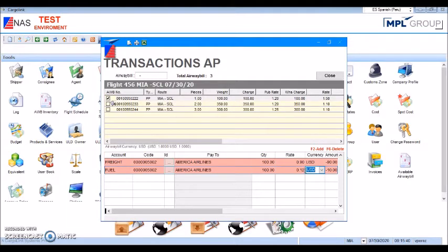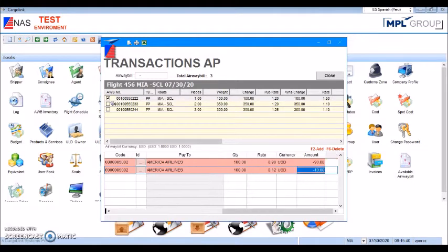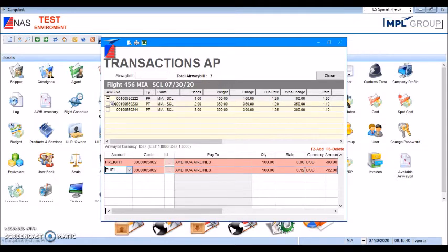Amount must be changed to 0 in case we change the rate, because the amount will be calculated automatically when pressing Tab. For example, there are very rare cases when the amount will have a different value than the calculation of multiplying weight and rate. The system allows us to set this value manually. For example, quantity automatically brings the chargeable weight, but this field can be modified too, depending on the concept, if it's a service, if it's a number of pieces, etc. For example,